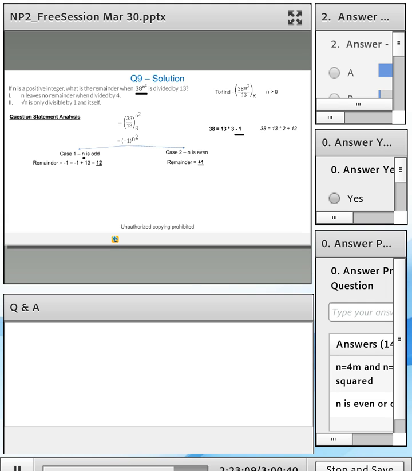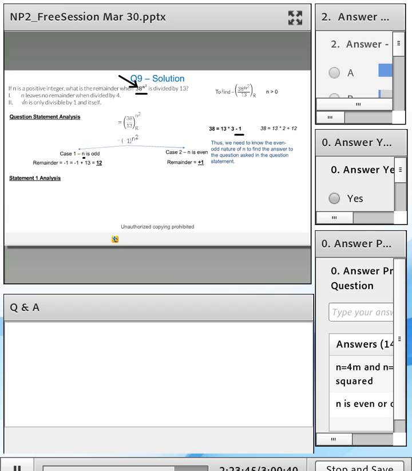Now with this information, we go further into the statement 1 analysis. So if you think about it, what has happened over here is your processing of negative remainders and divisibility equation needs to be done on the question statement, so that ultimately all the question statement is asking you to do is find out if n is even or odd. Now, if this were an easy question, the question statement itself would have said is n even or odd. But this is not an easy question. This is a 700 level question, 700 plus level question.